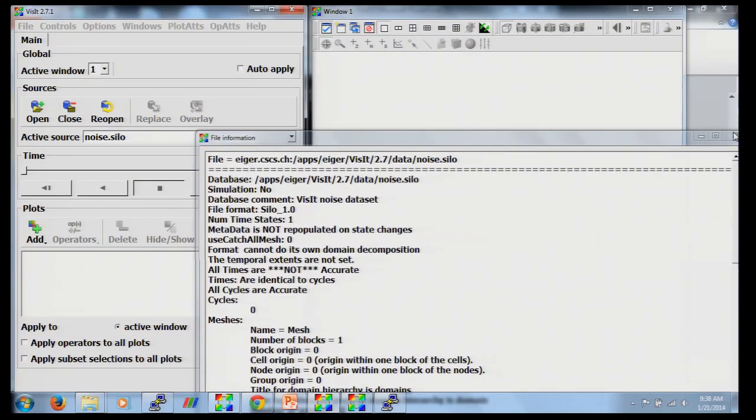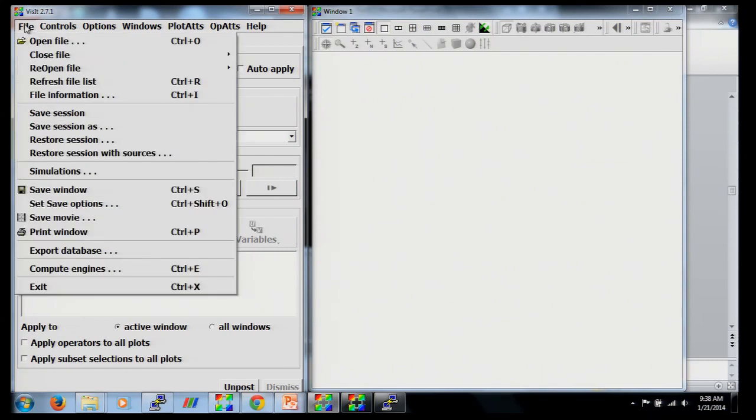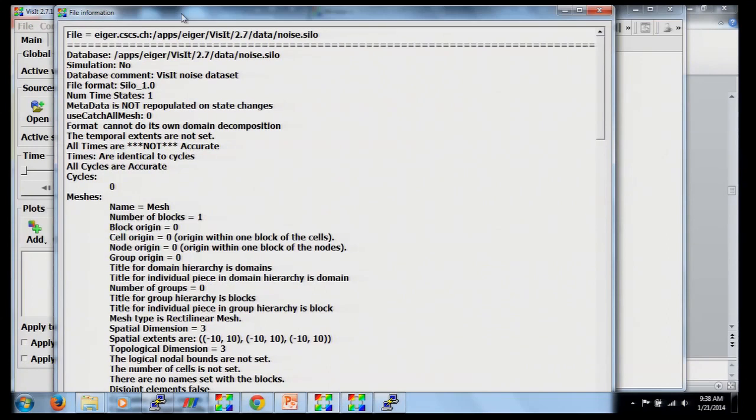I have some data loaded. And the first question beginners ask is, I loaded my data and there's nothing on the screen. That's the first barrier. How do we verify that the data has been loaded? Here there's a menu called File Information, and it shows that I have loaded a data set here, which is